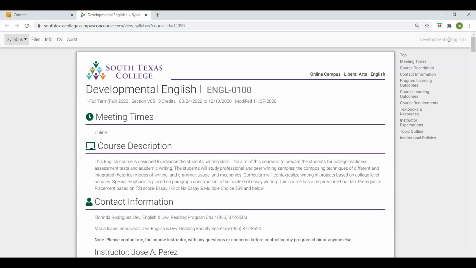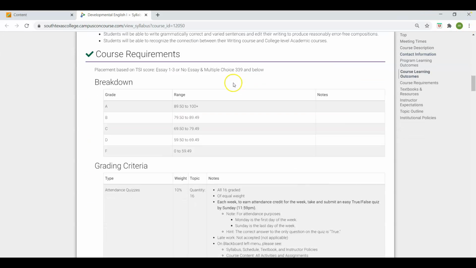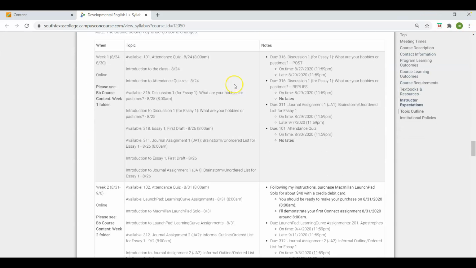I think tonight, November 21st, you can turn in the last journal for essay number 3, and then next week you'll turn in the first draft of essay number 3. So if it's confusing, look at the syllabus. That's why we're looking at this right here, so you can keep everything in order.